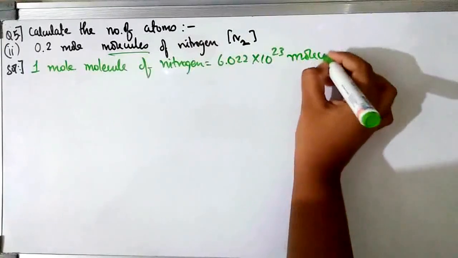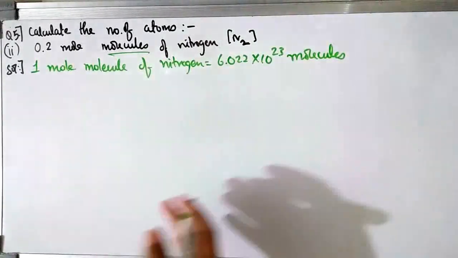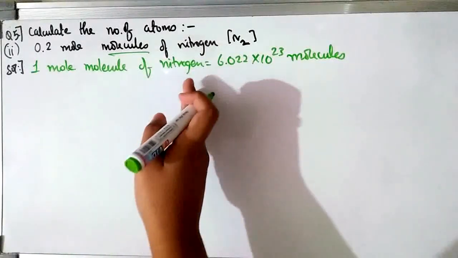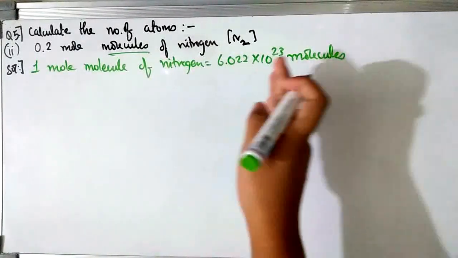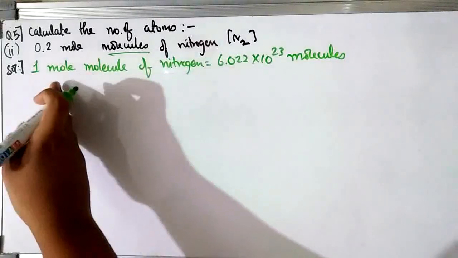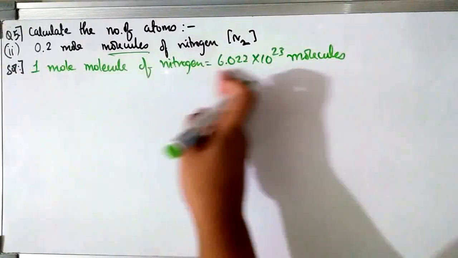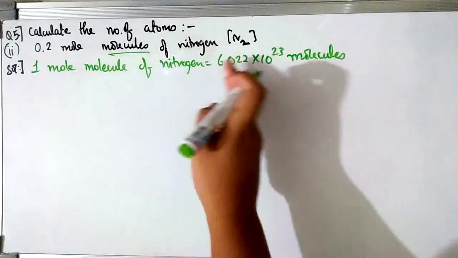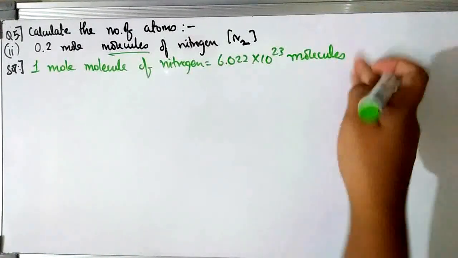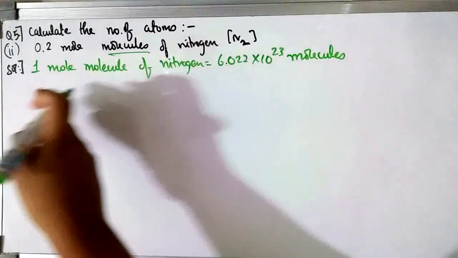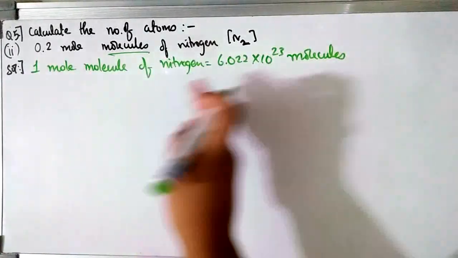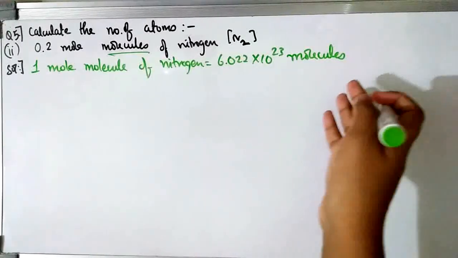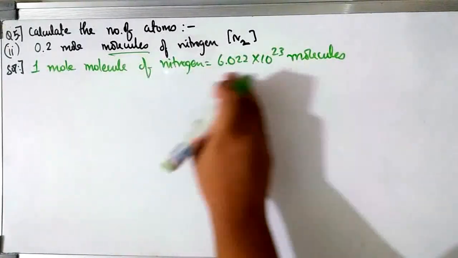Molecules of nitrogen. Okay. Last time what we wrote is that one mole atom of nitrogen had 6.022 into 10 to the power 23 atoms of nitrogen. So mole is nothing but these many number of particles, and if we say that one mole molecule is present, then we say that these many molecules of that particular substance is present. When we say one mole atoms are present, then that means that these many atoms of that substance is present. So mole is just this number of particles.